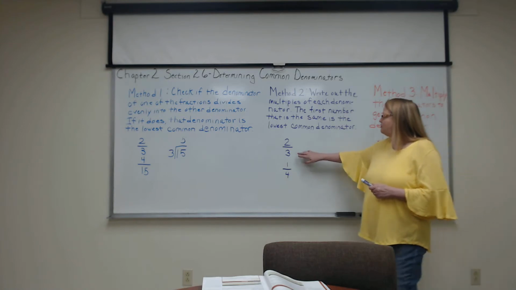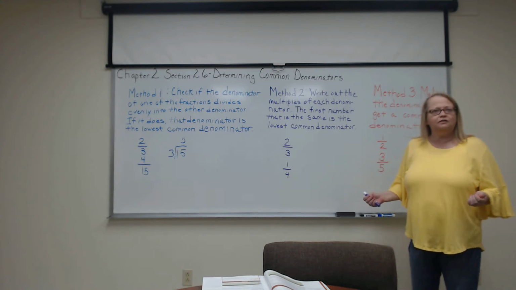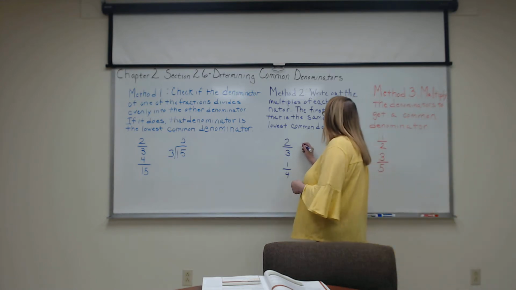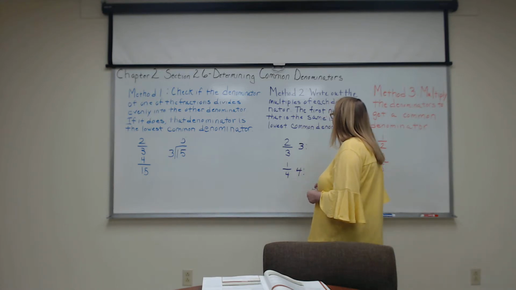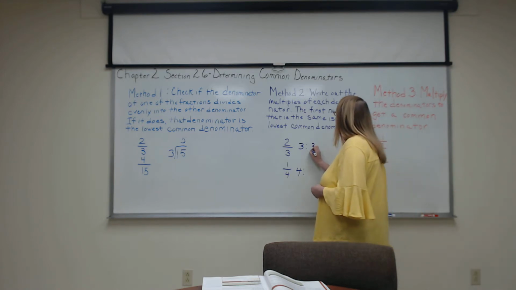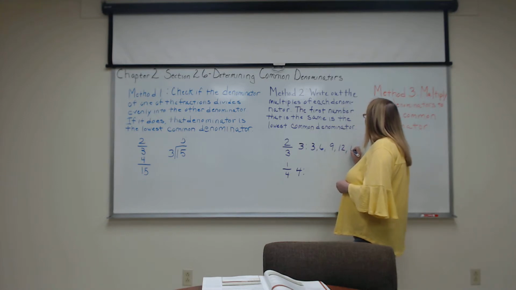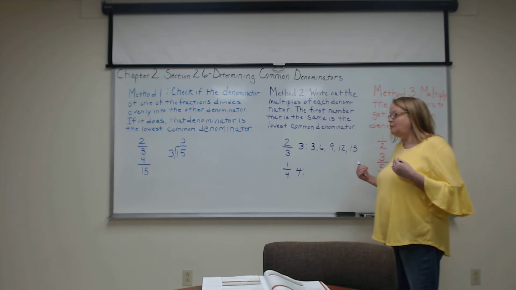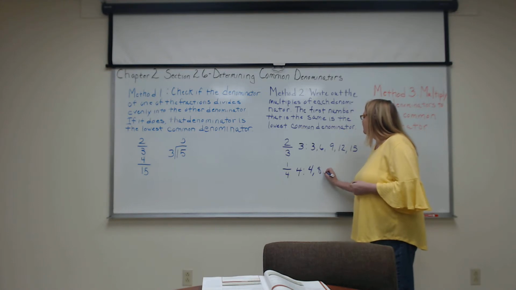So let's look at these two fractions. We have 2/3 and 1/4. So 3 can't divide evenly into 4, so we know that method is not going to work. So what we can do is we can go ahead, remember our multiplication tables, and we're going to go ahead and do our multiples of 3. So we have 3, 6, 9, 12, 15. Okay, we start to write them out. Sometimes it's necessary to continue even more. Our multiples of 4, 4, 8, 12,